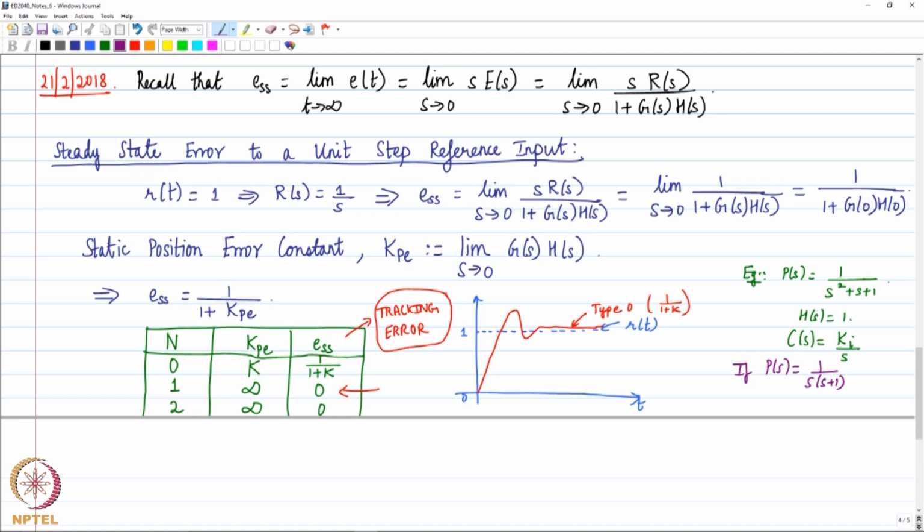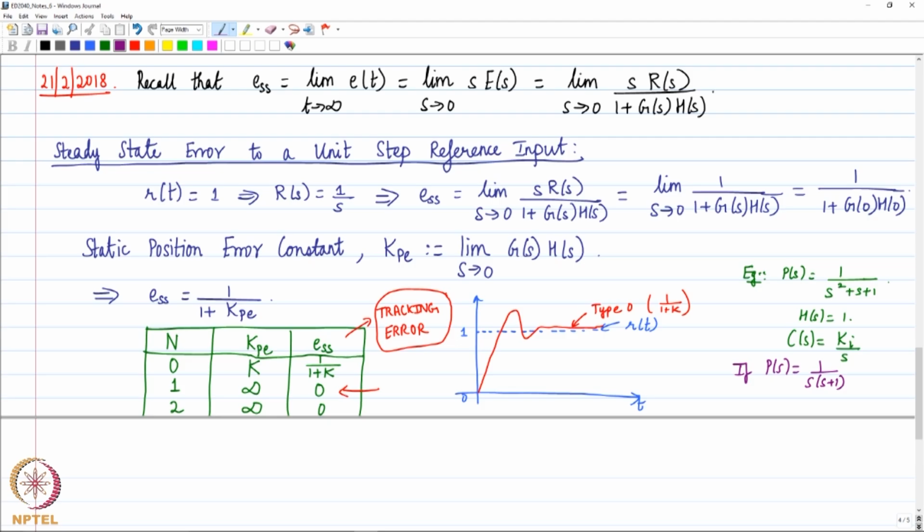Okay, that can come from the plant, it can come from the controller. So, if the plant already has a 1 by s term, I do not need to use integral control, but if it does not, I need to use integral control. So, now you understand the reason as to why people say that integral control can drive the steady state